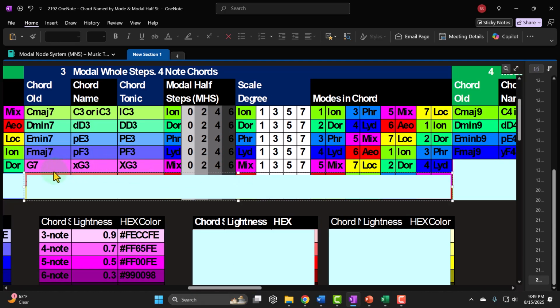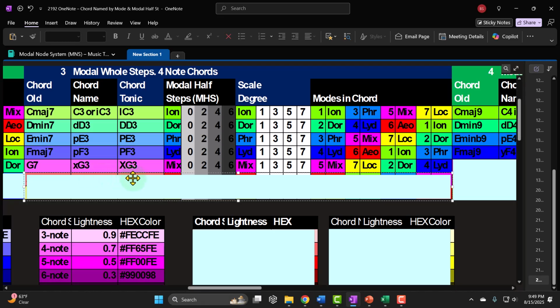So then if we add another note, it would be a G7. They made this whole other thing for the 7 chords, Mixolydian chords, a G7. You might as well have just called it a Mixolydian 3. That's just as easy. Or Mixolydian G3 if you want to be redundant. Or a 4-note Mixolydian. The reason the 3 is better, because that represents a distance of 3 modal whole steps times